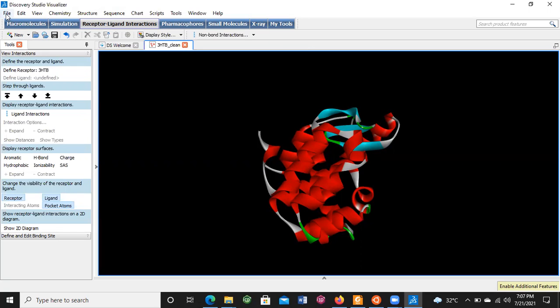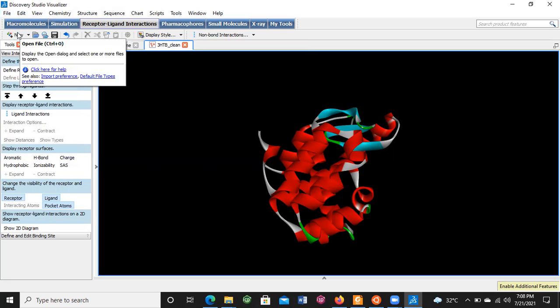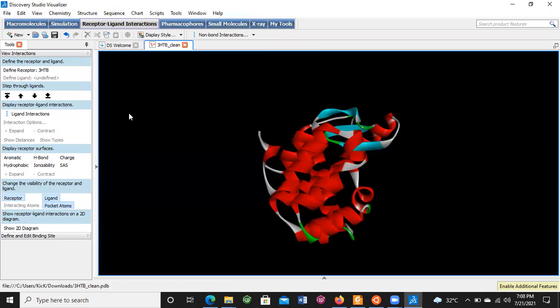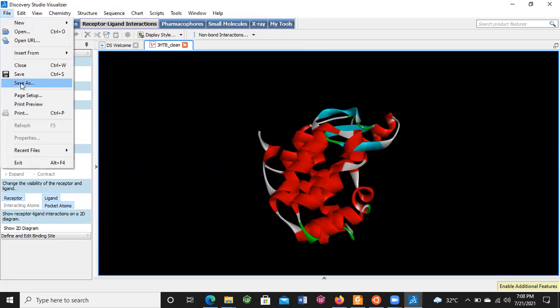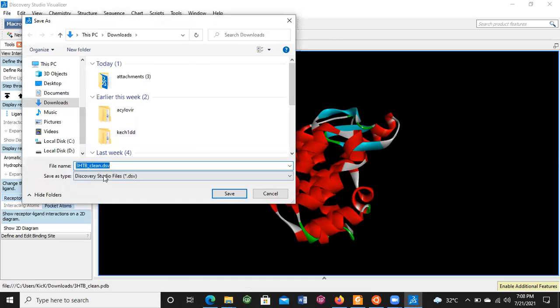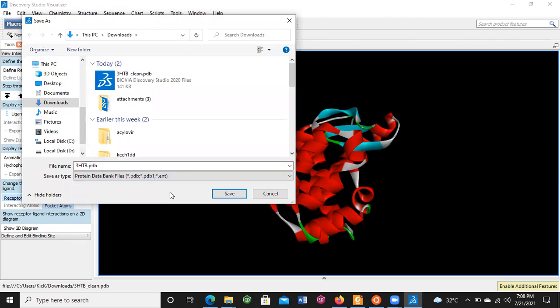Now save this molecule as protein, in the Protein Data Bank format, that will be the PDB file. Now just save this.